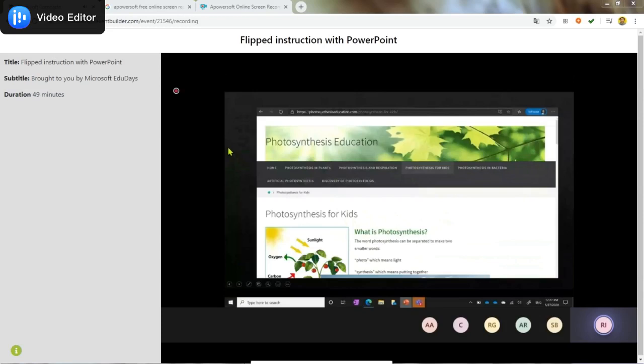Another thing we can do that we might do to spice it up is if I insert a new slide, I can insert a screen clipping. So if I want to do this, what I might want to do is actually tell students or show students where to go to post their work on this lesson. So I'm going to take a screen clipping. I'm going to come down here and click on screen clipping.